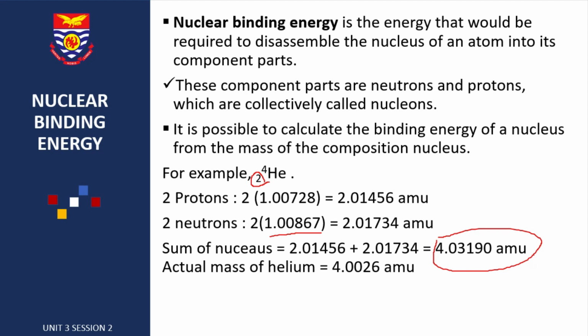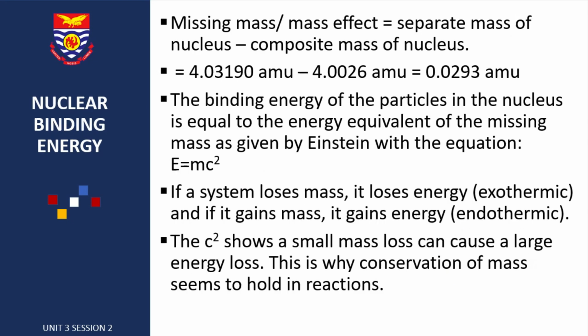So we subtract the actual mass from the sum of the masses of protons and neutrons, and we will get the mass defect. That's the change in mass. So the change in mass, if we calculate by subtraction, we are going to get 0.0293. Once we get this, we can go ahead to use the Einstein equation to calculate the binding energy,